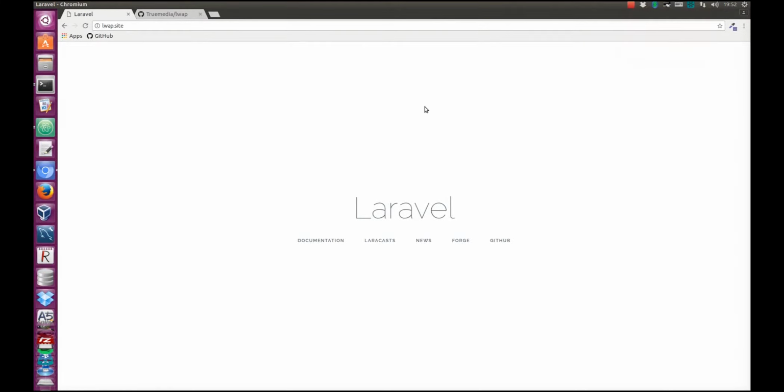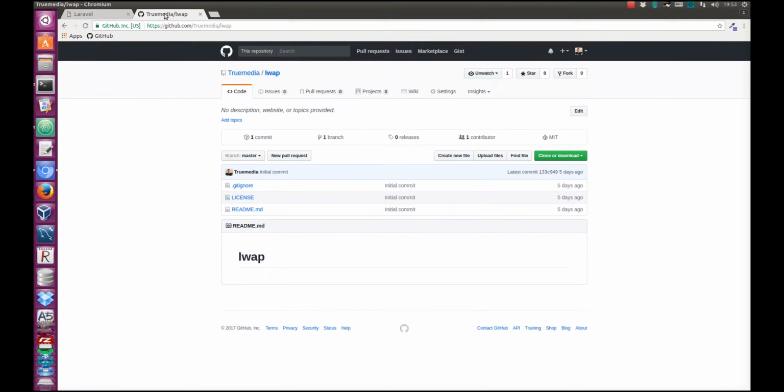Okay, this is the second part in the series, and in this part we're going to be setting up the boilerplate code for auto-loading the contents of the package using the PSR-4 standard. As you can see, I've set up a test site on my Homestead box, which is LWAP.site, and using the source code from the previous video, I'm basically going to clone this code into a specific folder within the website